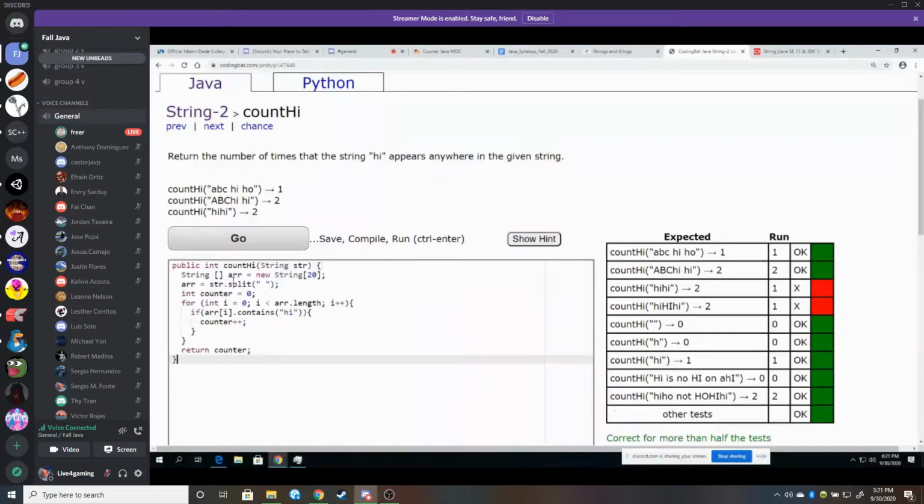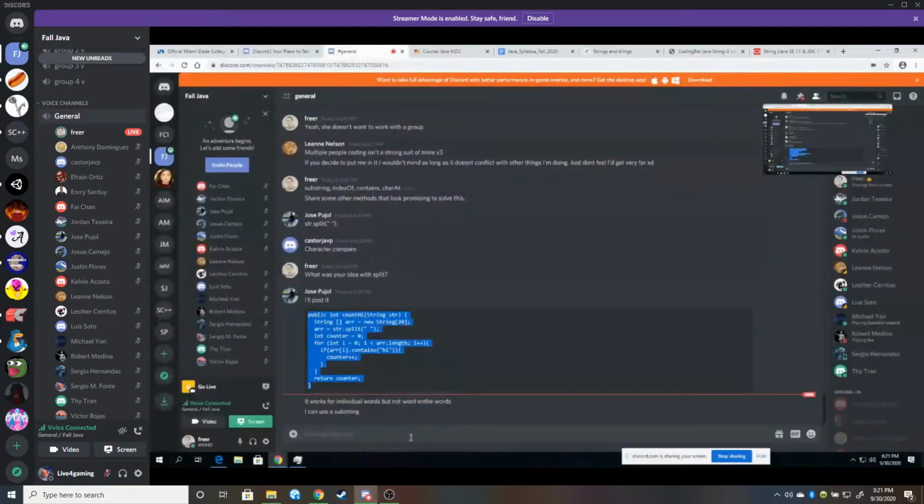So you're saying, every time there's a new space, you want it in the array. But yeah, that wouldn't differentiate between a high without the space. So that's kind of the issue. Yeah, you could do that.